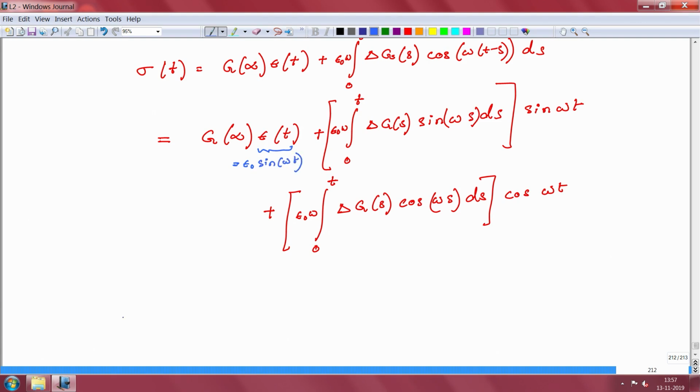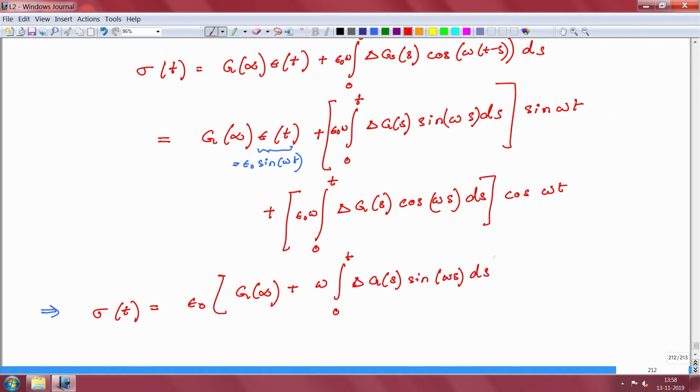So, you end up having, so I can bunch this into two different quantities, and the first quantity will be epsilon naught multiplied by g infinity plus omega integral 0 to t delta g s sine omega s ds into sine omega t, this is a sine,